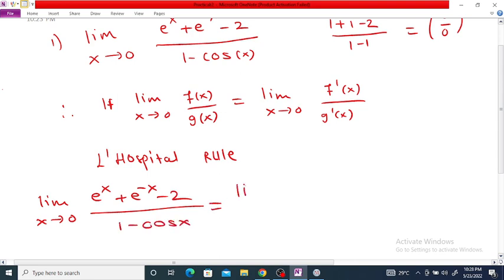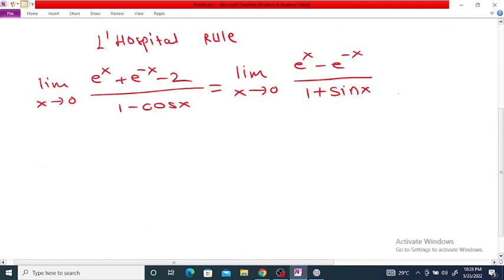of the derivative of e raised to x, which is e raised to x, and the derivative of e raised to minus x, which is minus e raised to minus x, divided by the derivative of 1 minus cos x, which is sin x. Now again if you put x equal to 0, then the numerator is 1 minus 1, that is 0, and sin 0 is again 0, so this is 0 by 0 form, and therefore again